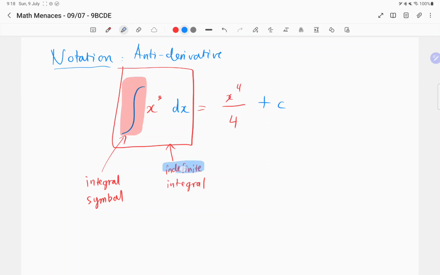The word indefinite here is because we don't know what the c is. So it's like a little estimation because you can find the part that involves x, but not the constant. Because the number could be way bigger than